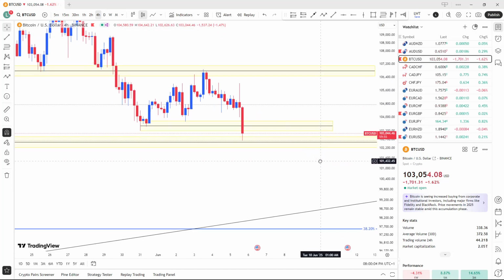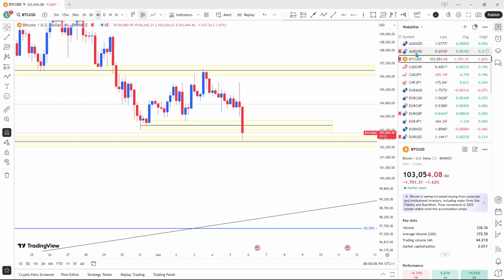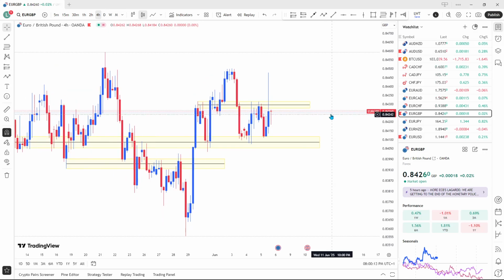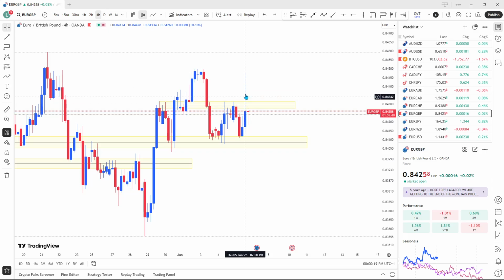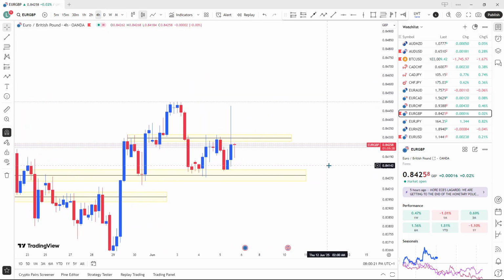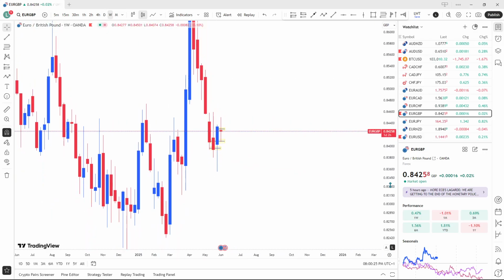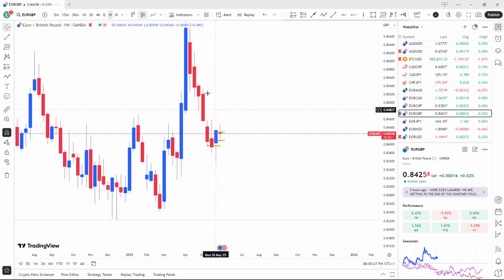Right, moving on to the next one. So buy side AUDUSD, sell side Bitcoin USD, EURGBP. Looks like it has pushed up and come down. It's quite a massive wick right there. Let me just check the bias. I'll be honest, I am still buy side,